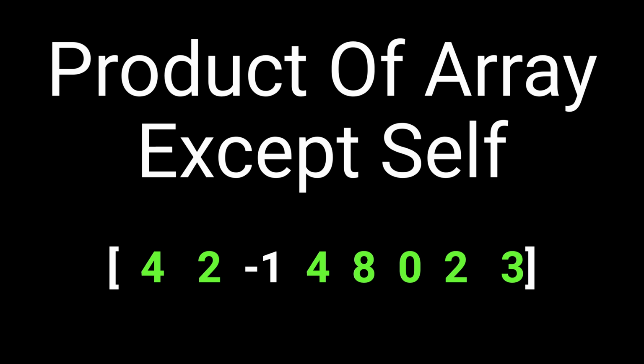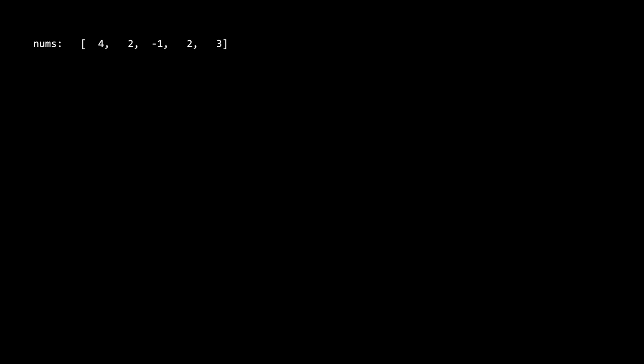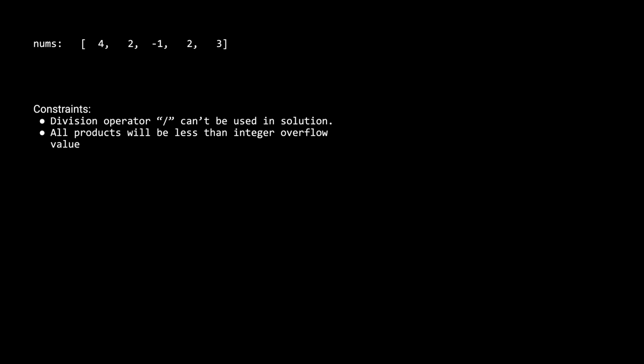Hello everyone. In this problem, we are given a list of integers nums, and we need to return an array where the ith value in the array is the product of all the numbers in nums except the ith number in nums. Some constraints of the problem are you can't use the division operator in the solution, and all products will be less than the integer overflow value, meaning you won't have to worry about any value in the array